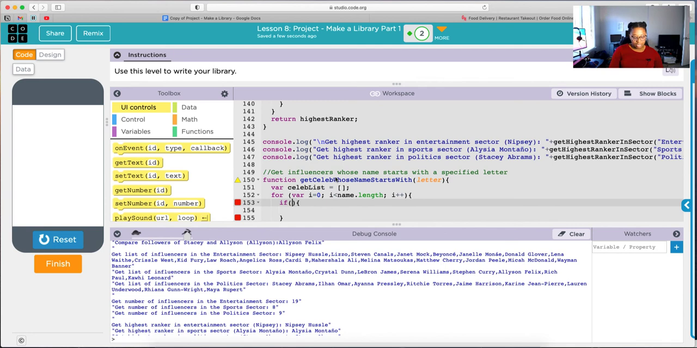So I'm going to say, if the first letter of any element in the names list is equal to the parameter that we specified, then we're going to add that name to the celebrity list. So if name[i], and we're going to get the substring. The substring for the first letter is 0, 1, right? So if the first letter of that name is equal to letter, which is our parameter,